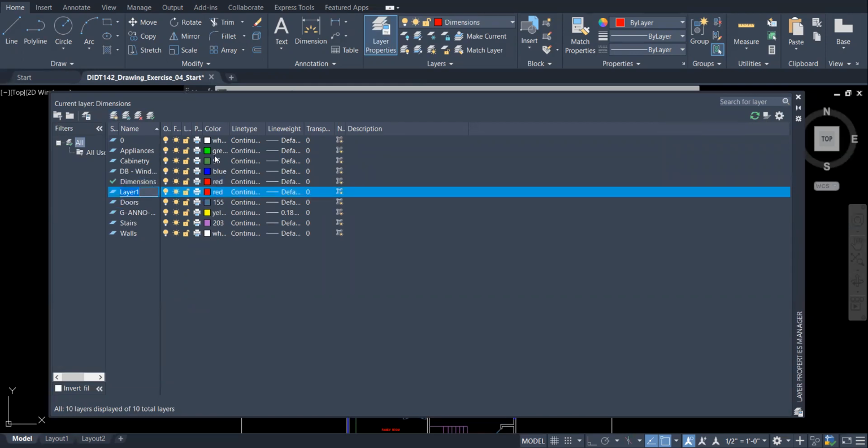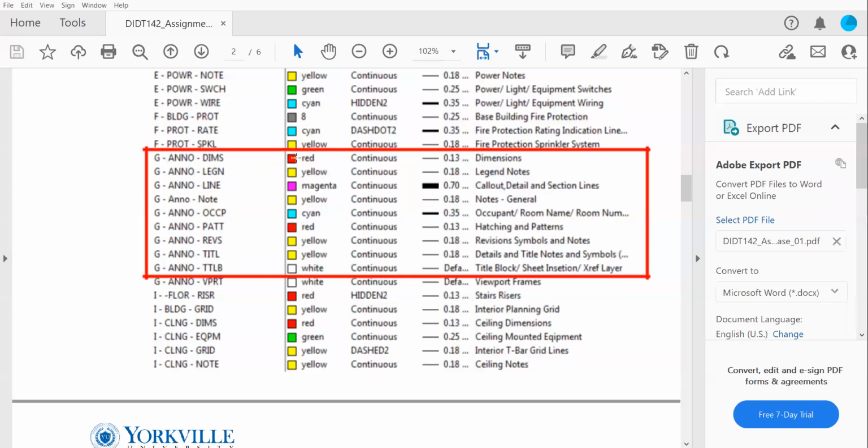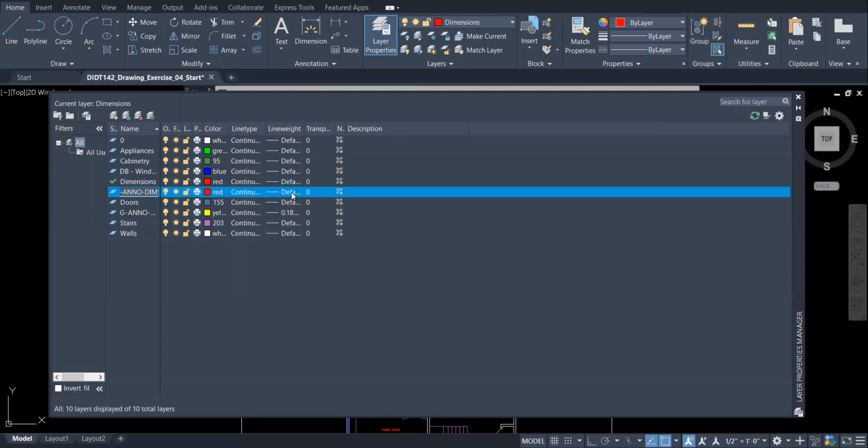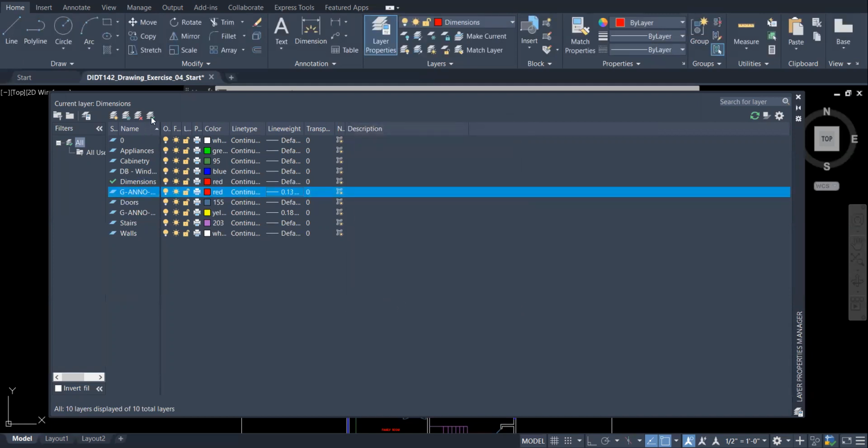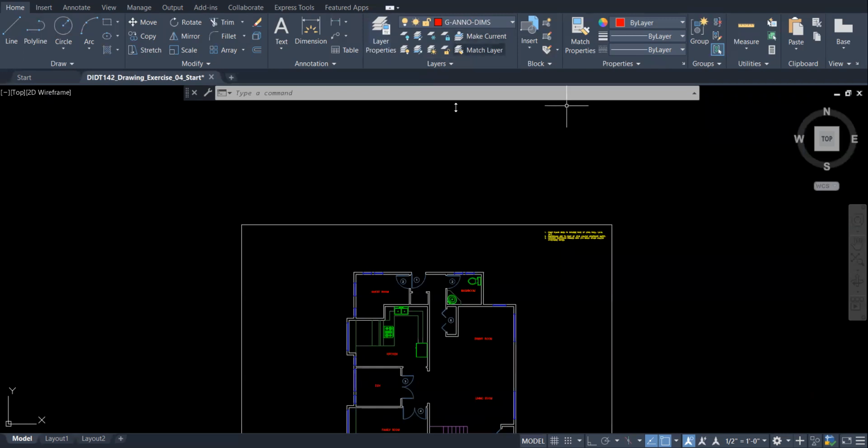So I'm going to click here to create a new layer, and I'm going to type G-Anno dims, S with an E, like this. And I think we have the legend here. It's red and it's 0.13. So I'm going to go back, make sure it's red, which is already red. The line weight is 0.13. Click OK. And then we're going to assign this from here as the current layer, and then we're going to close. Now, anything that we're going to start creating right now is going to be placed on the G-Anno dims,